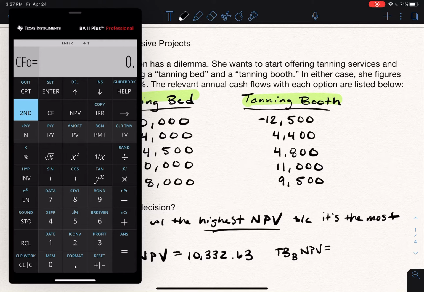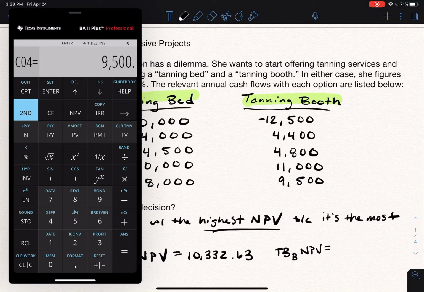We just have to look at what the cash flows are that we are dealing with for the tanning booth, because that's the other project that we're evaluating. And so for the cash flow at time 0, 12,500, make it negative, enter. Down to cash flow year 1, 4,400, enter. Skip the frequency, cash flow year 2, 4,800, enter. Skip the frequency, cash flow year 3, 11,000, cash flow year 4,